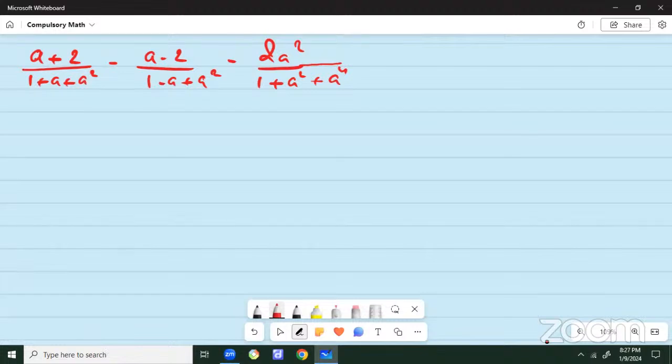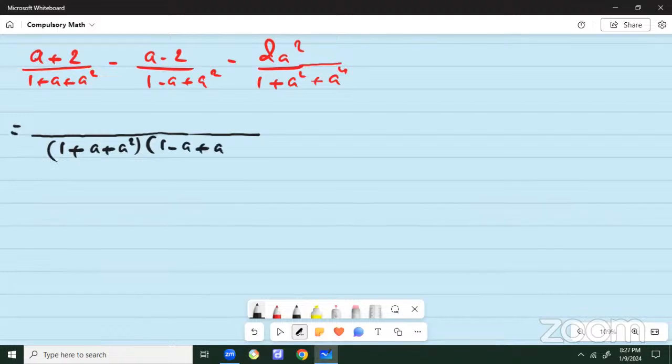Which idea would be the best? First two, I guess. Okay, that's great. According to our friend, let's take the first two and see what is the difference of the first two fractions. It's 1 plus a square, 1 minus a plus a square. And here a plus 2 times